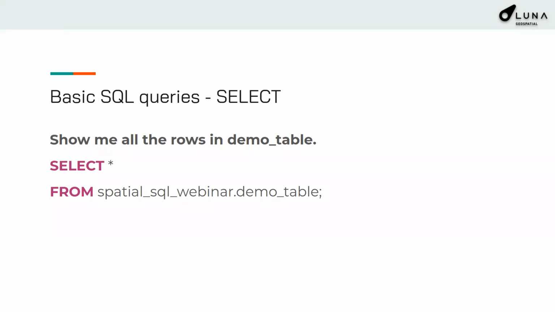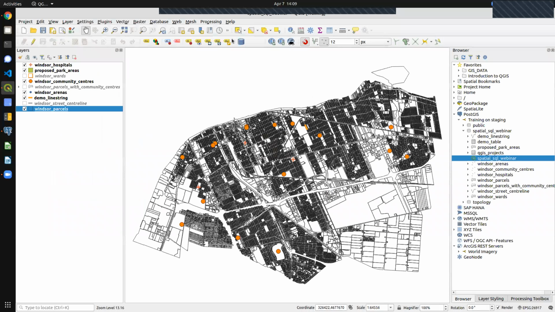From, and this is the thing, when we're looking at a database, there are two parts to it. There's the schema. Think of a schema for now as just like a little file folder where some of our tables might exist. Then we need to call the table, put a period in between, and close it off with a semicolon. All right, so when we do this, quite easily, now we're in QGIS